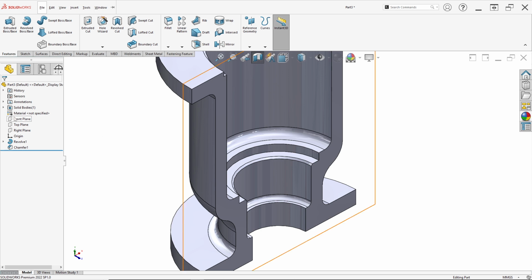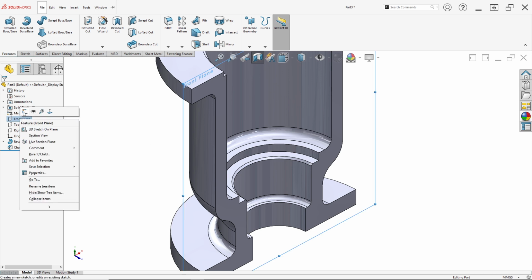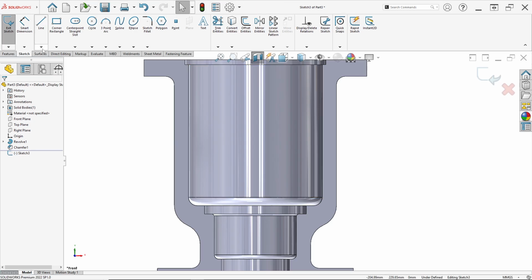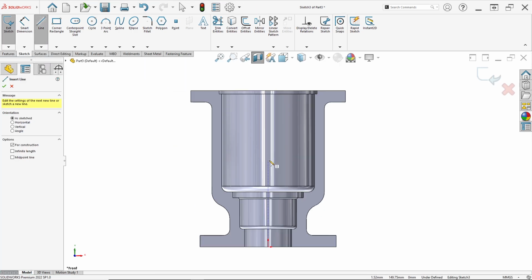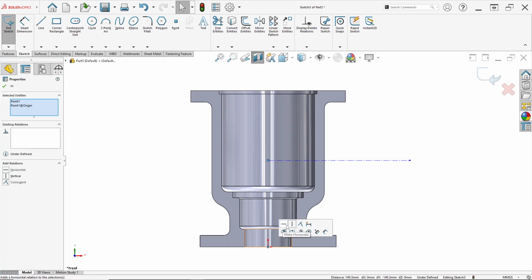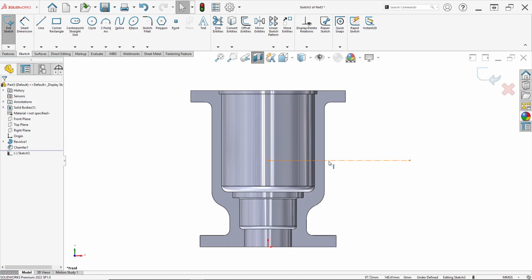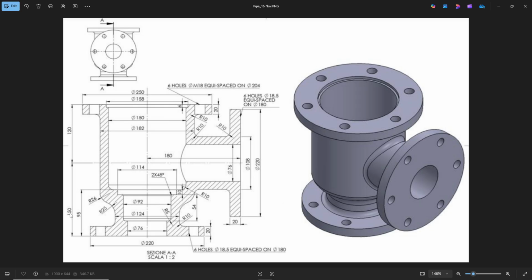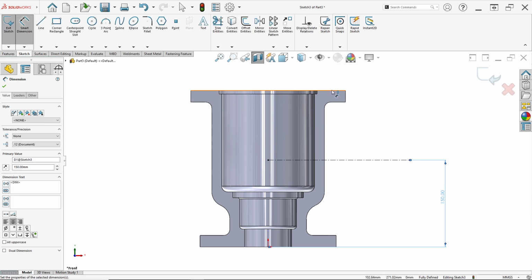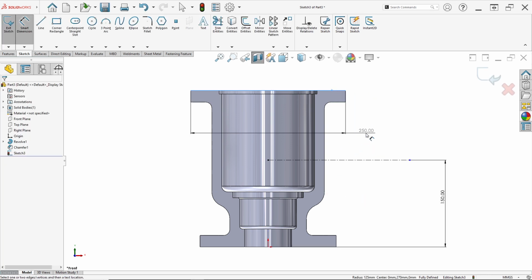Then we right click on the front plane and click sketch. We want to make a sketch here like this with the revolve boss tool. So we just make a center line, draw to here, ensure this point and this point, click make vertical, and this center line click make horizontal. Set the distance from this center line to this bottom edge at 150 like this. Automatically here is 120. It's correct.